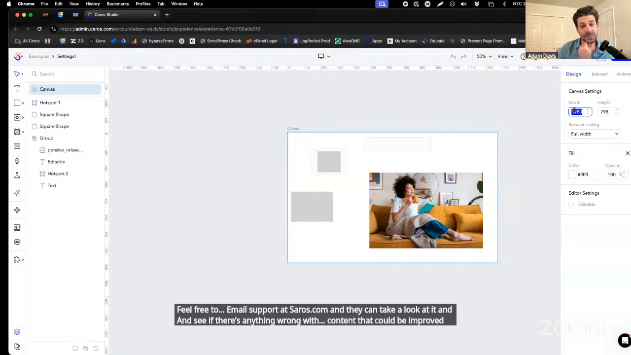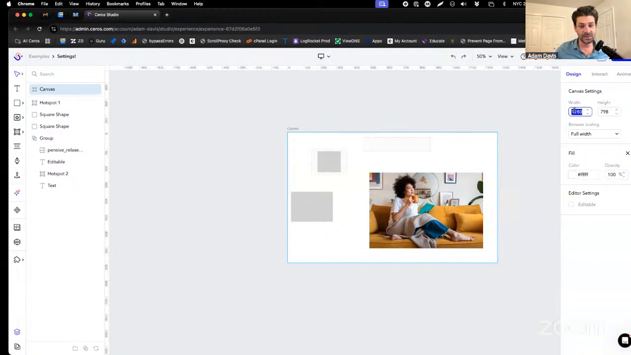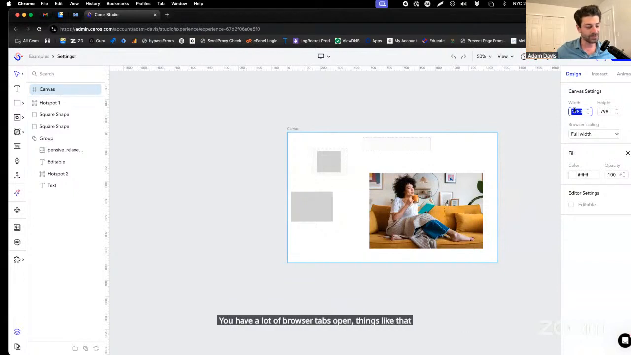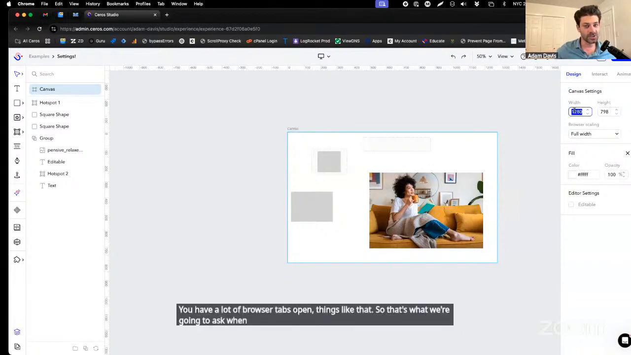A lot of the time we get that kind of issue in our inbox, and we look at it and we can navigate the studio just fine. And then we're like, okay, everything seems fine here. So are you on a VPN? Is your connection kind of compromised? Are you running a ton of stuff on your computer? You have a lot of browser tabs open, things like that. So that's what we're going to ask when everything looks okay on the surface,